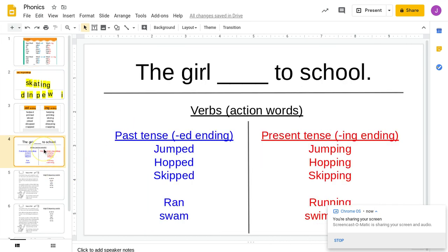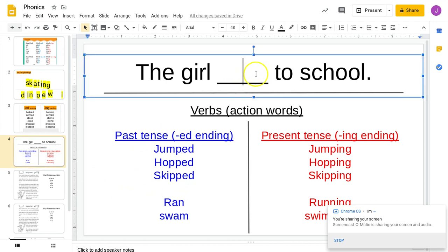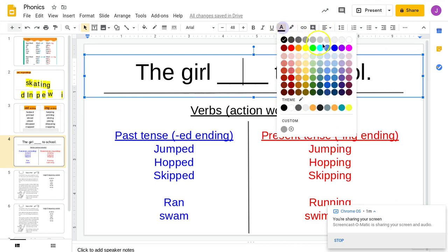Today, we're going to begin by looking at a very simple sentence, and we're first going to make it past tense, and then we're going to use some present tense. I added just a few examples here. So if we were to add some of these verbs, and a verb is an action, so something that you do. If we add a verb to this sentence, the girl blank to school, we are then telling our reader what the girl was doing. So down here I have the girl jumped,